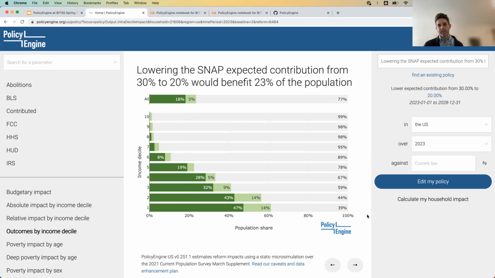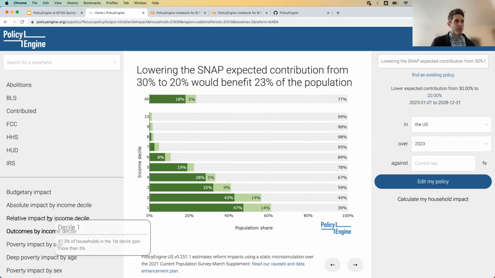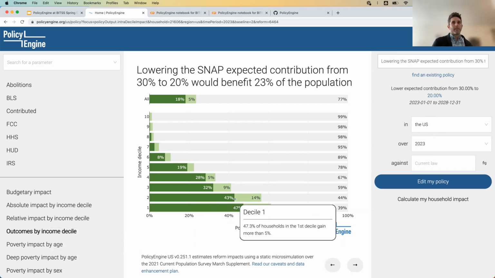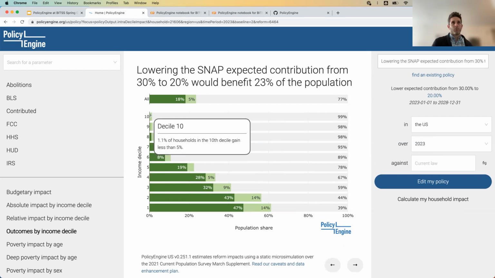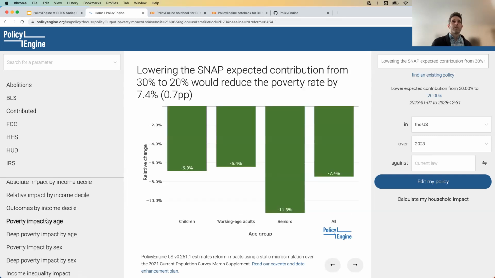So it's sort of a winners and losers chart. More than half of folks in the bottom decile come out ahead, and only 1% of people in the top decile come out ahead.